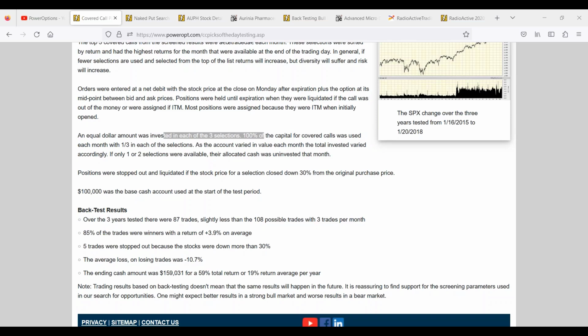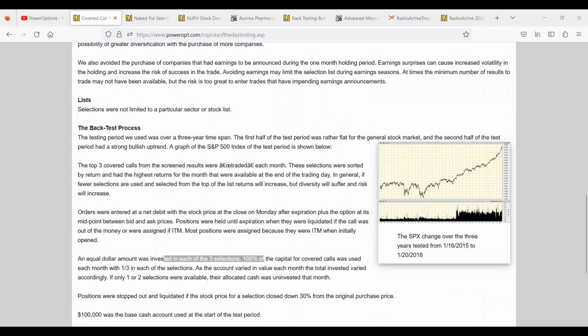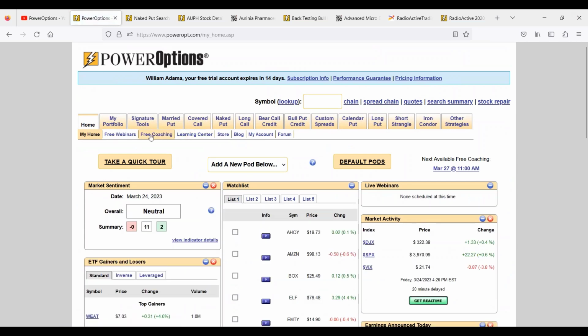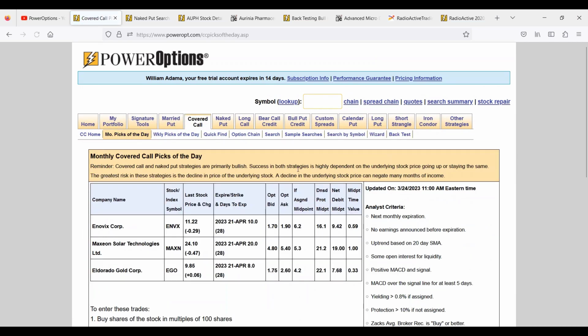So that gives you the more details, but these are not trades we are entering on a daily basis. These are not positions where at 11 a.m. I go right in and see the top 3 monthly covered call picks of the day and open them. I probably would have done fairly well, but as you guys can tell, remember, most of that capital-intensive portion of my portfolio is devoted to married puts and the collar positions. I use smaller portions for credit spreads, bull or bear, the diagonal calendar spreads,